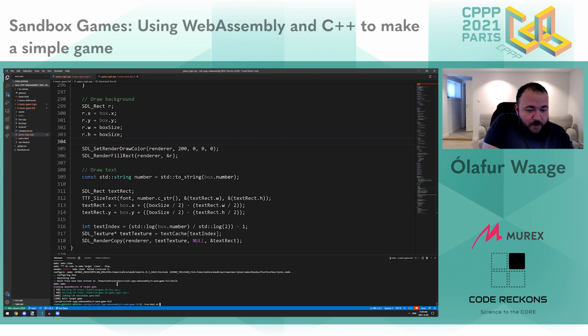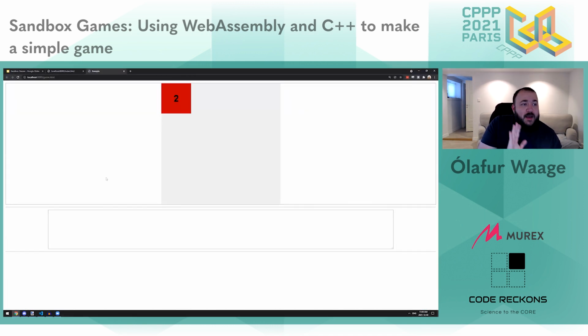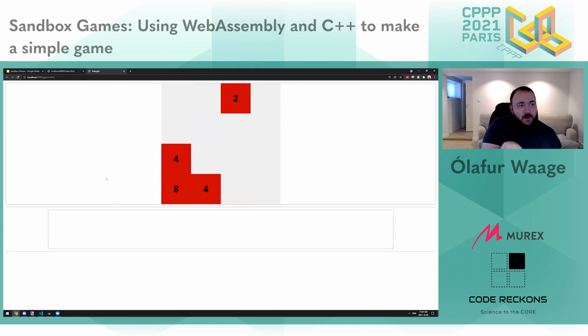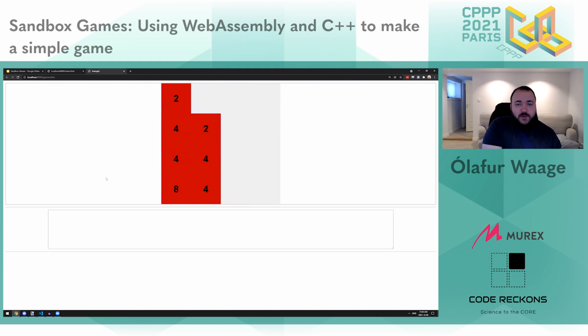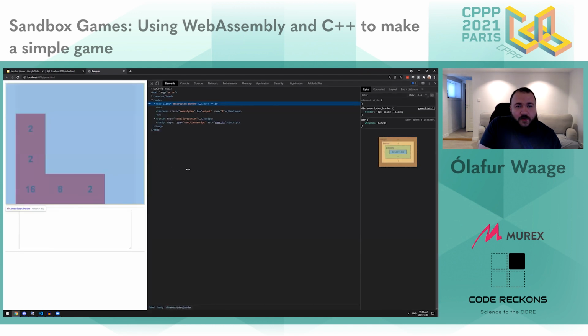So now let's run this. We should get, yep. So now I have the game, and now this text and this information is being rendered on the C++ side. So now I can play the game in the same way. I also have this box below it for any console output that you want to use. The game is running the same. And now the extra tools that I have,